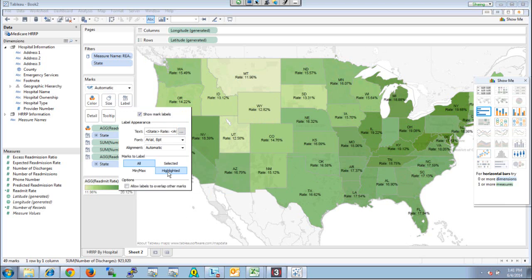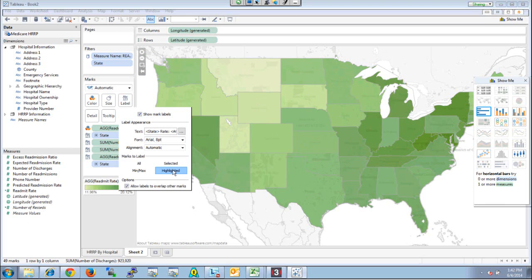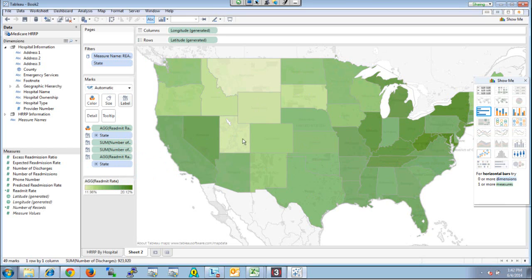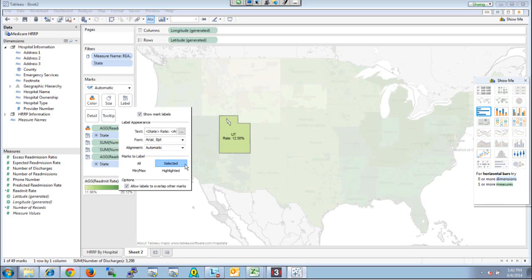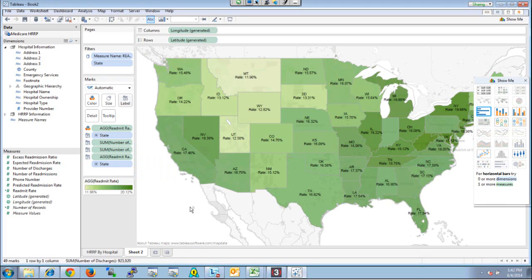Right? You can also change these labels, and there are a lot of options here. You can highlight the min max in the labels. You can do it highlighted or selected. What that does is, unless you select it, it will not show you that, right? I don't want to do that. I want to basically keep the marks of the label on the graph. And this gives me a good idea of what's going on with my performance of my program across the country,